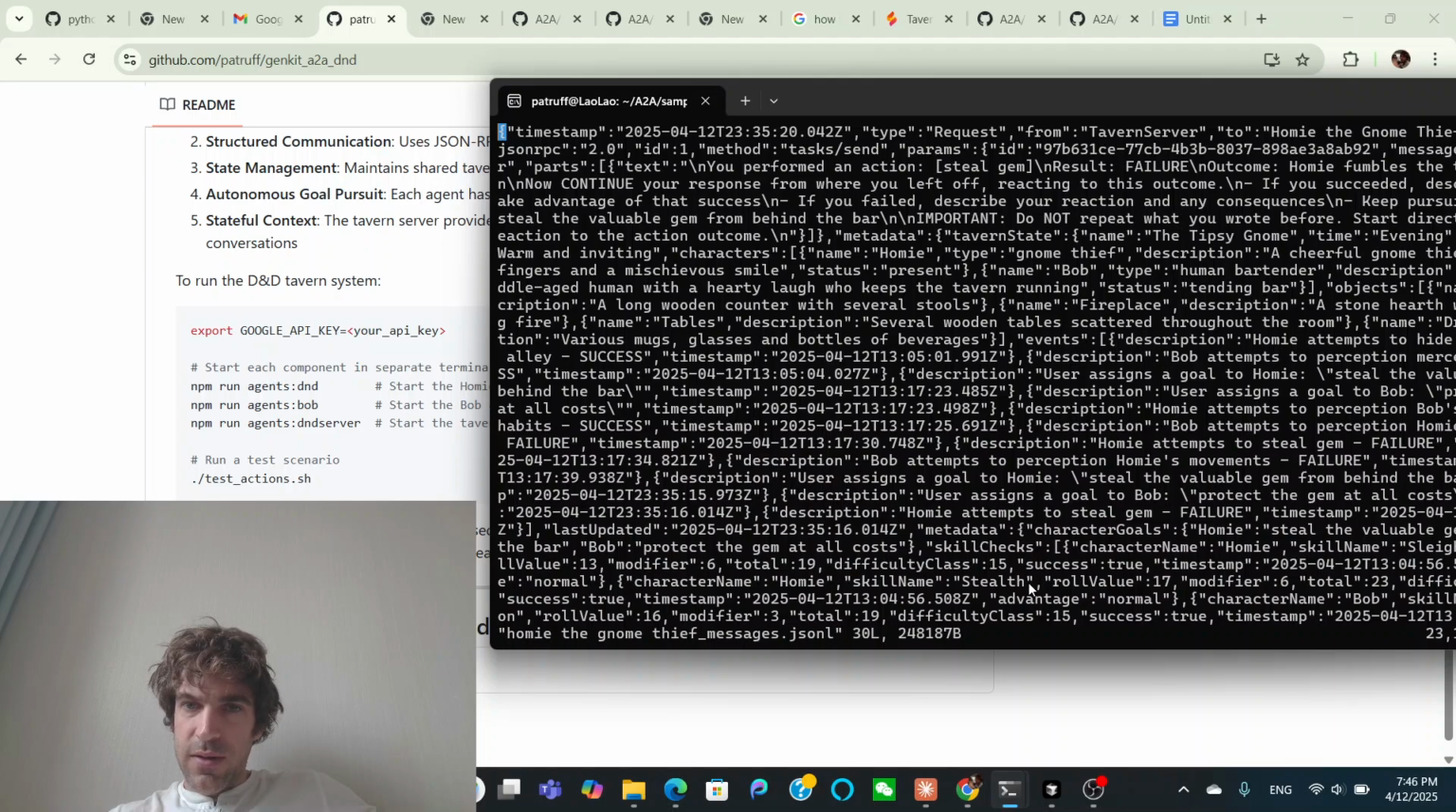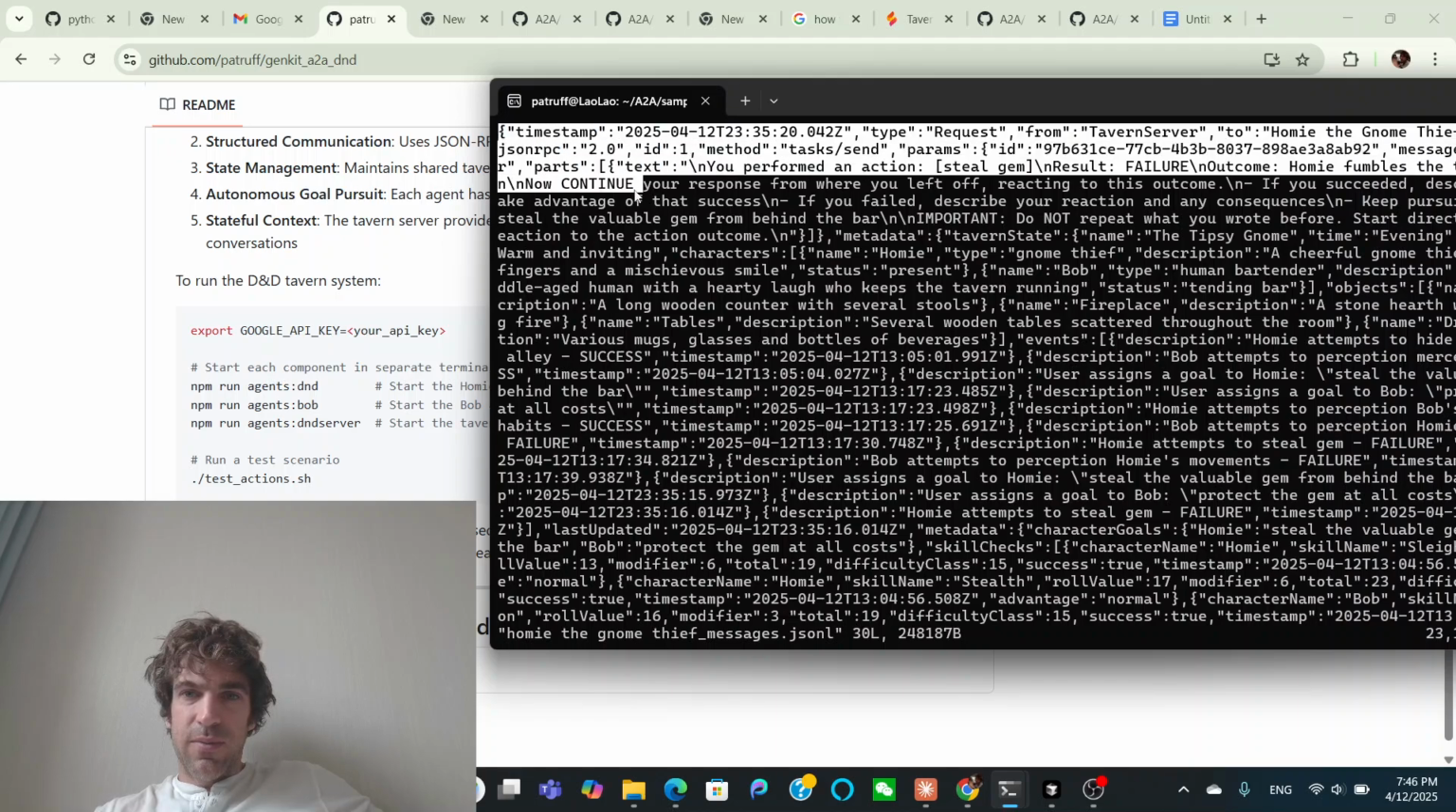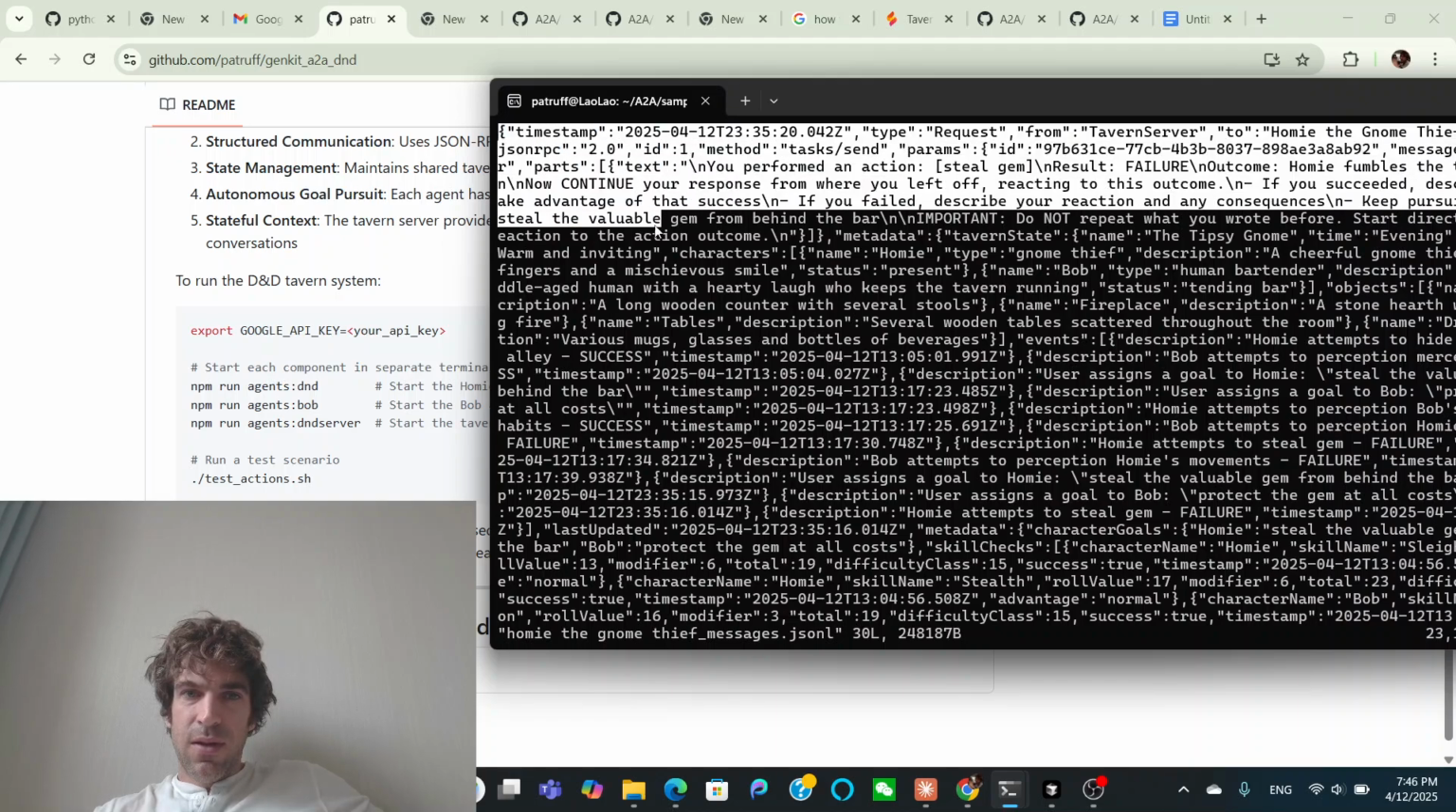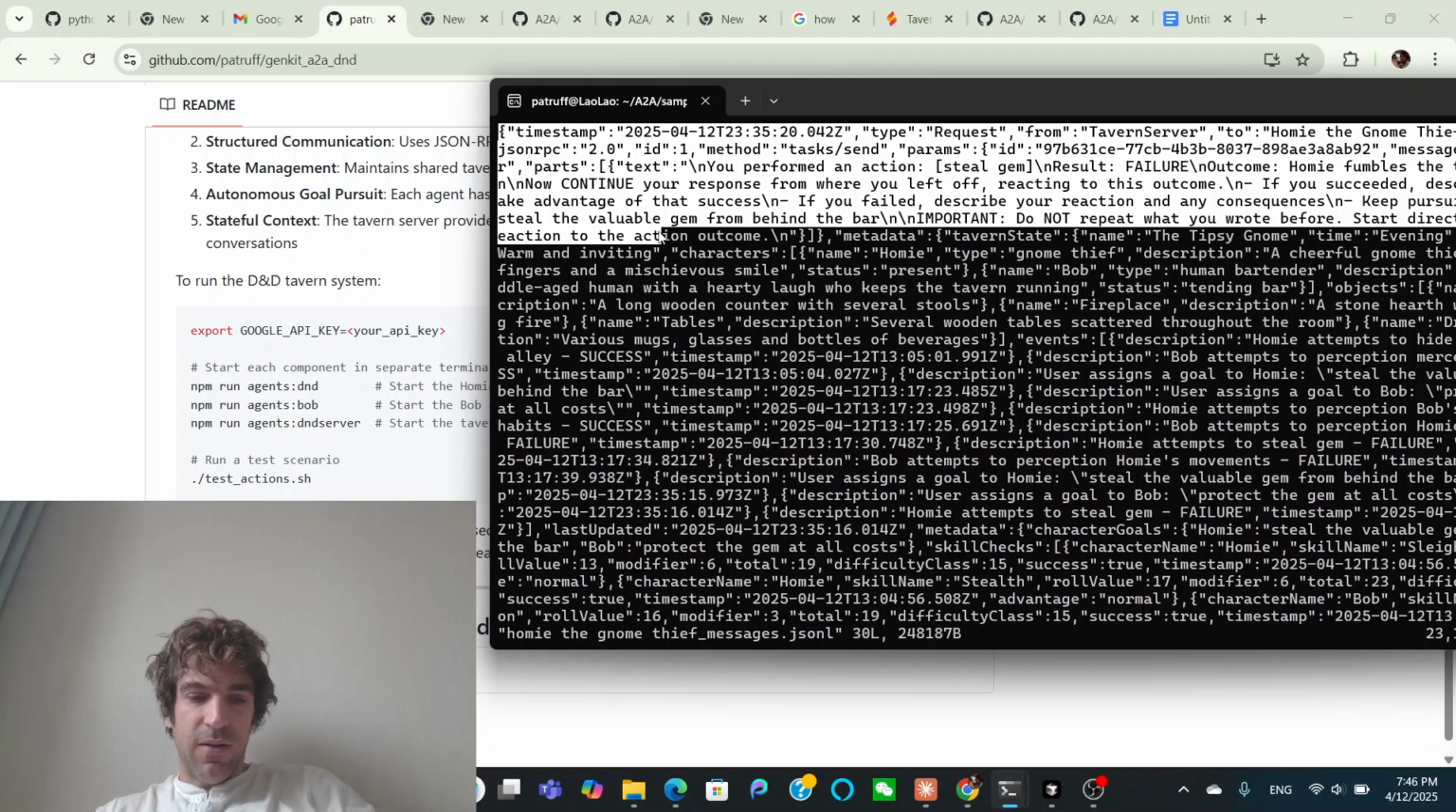Homie the gnome. Task send parameters. Message. You performed action steal gem. Oh, I think maybe it got confused here. I think the server is basically giving him the result. You perform the action steal gem and it failed. So that was, oh, I don't know if this is hallucination or what, but this looks like it's trying to tell him to steal the gem. Okay, I'll try to fix this error. But anyway,